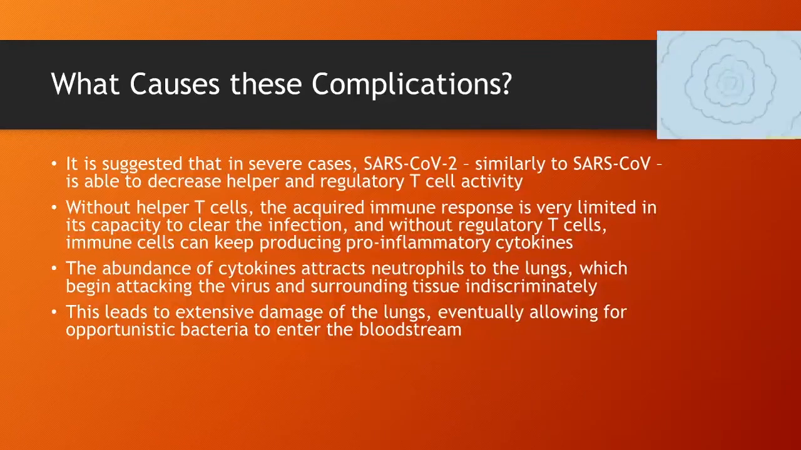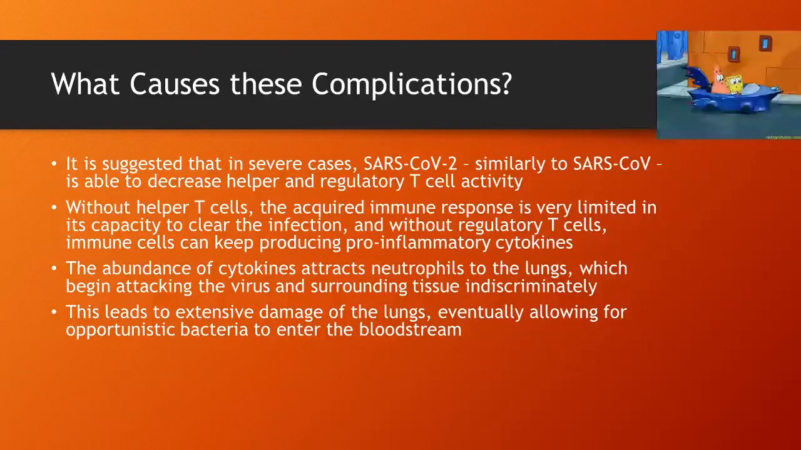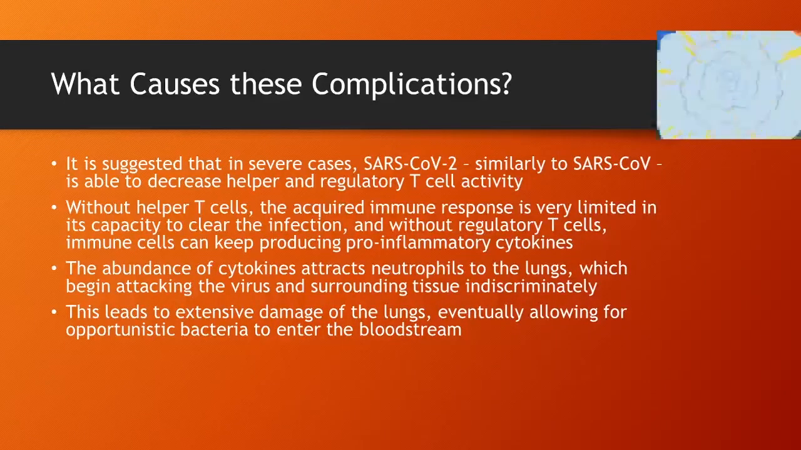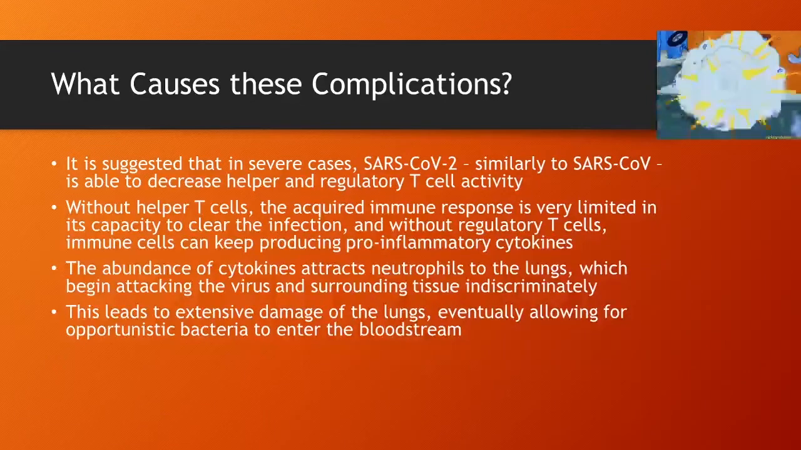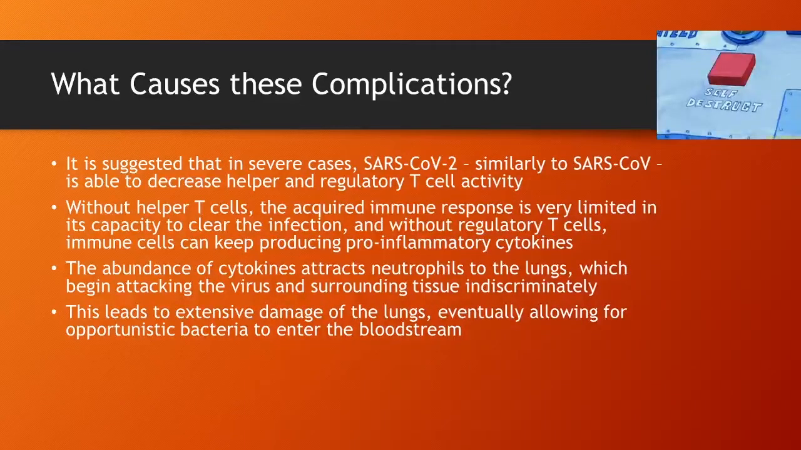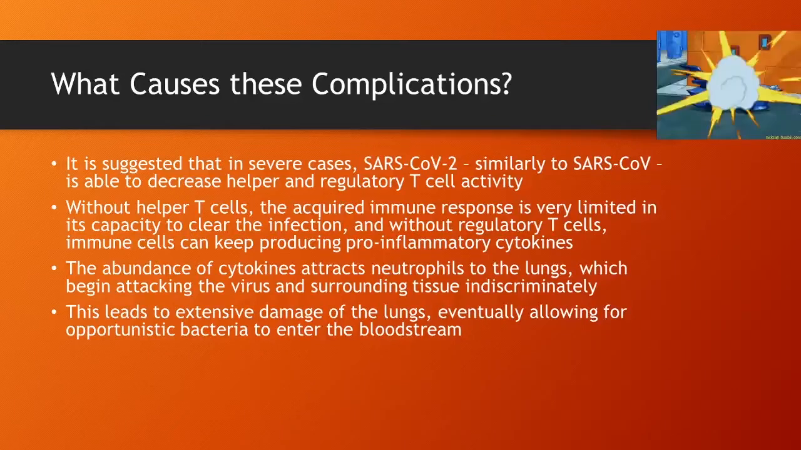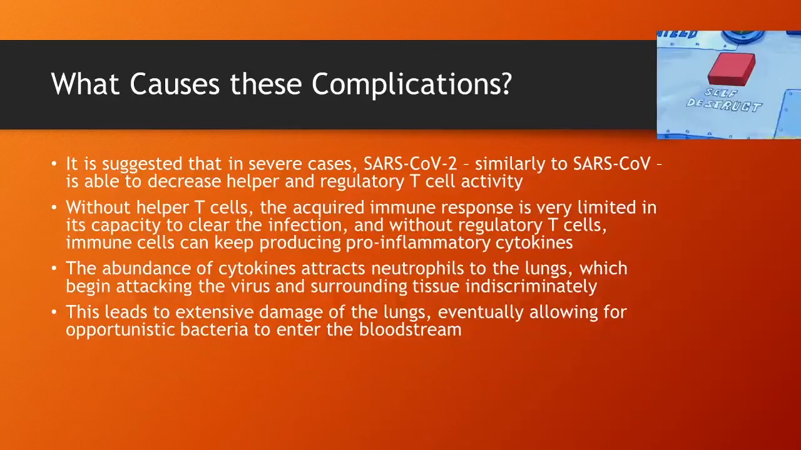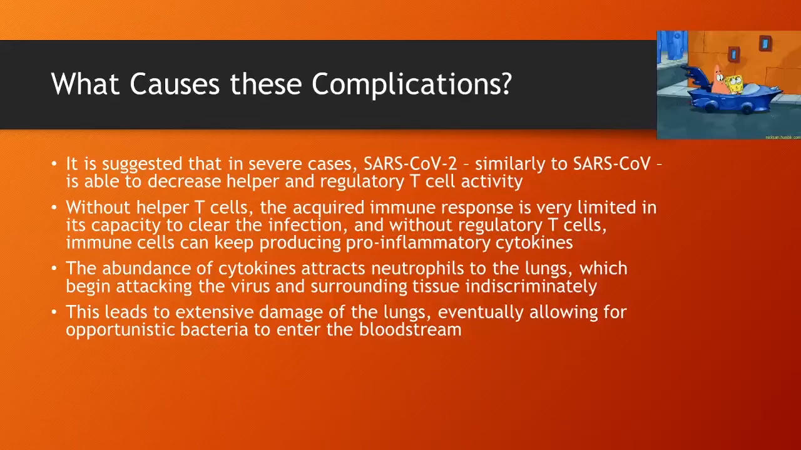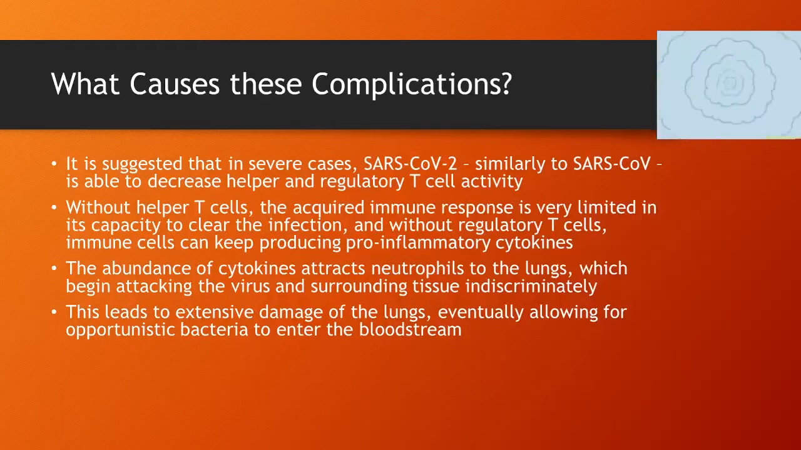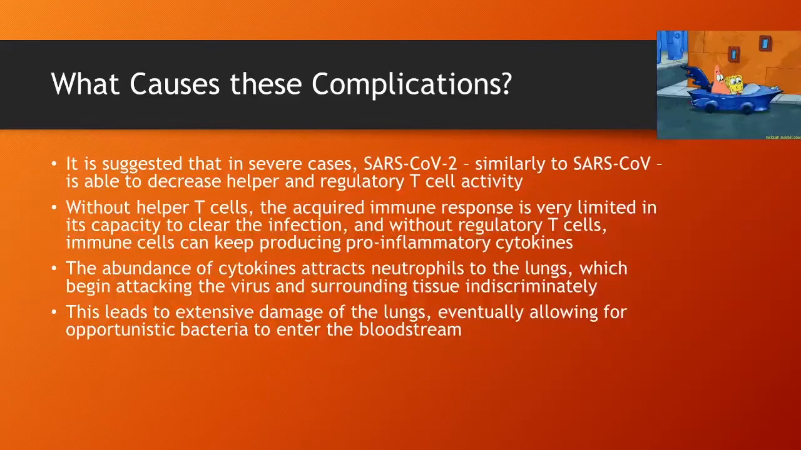This leads to extensive damage of the lungs, eventually allowing for opportunistic bacteria to enter the bloodstream. So imagine that more and more cells are dying. There's so much scar tissue and damage to the lungs because these white blood cells are attacking them so much that it exposes blood cells to the outside environment, to the open air, which allows bacteria that live normally inside our respiratory tract